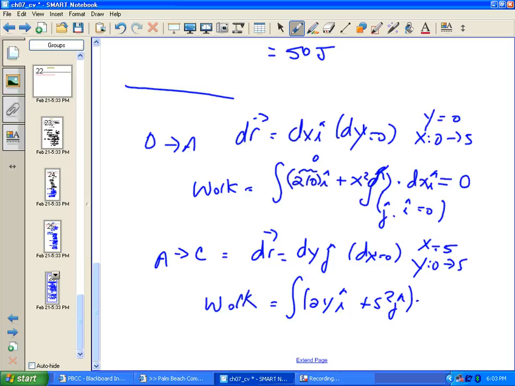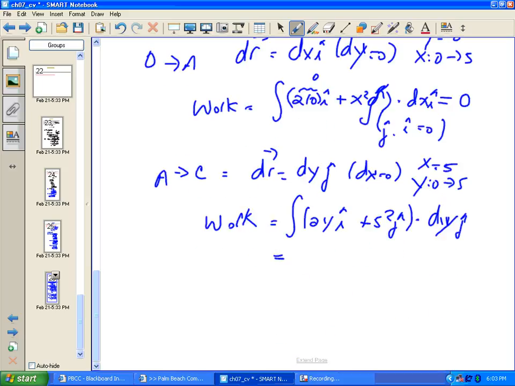All of this gets dotted with dy j hat. And so here i hat dot j hat is 0, so we get nothing from the first term. So our integral becomes 25 dy as y goes from 0 to 5, and that becomes 25y from 0 to 5,